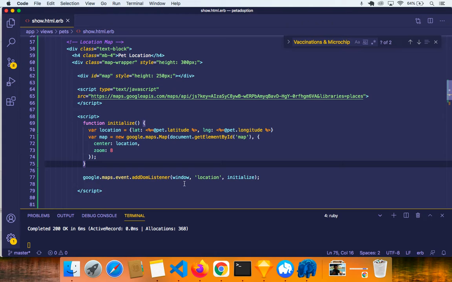We copy-pasted, so we don't have any typos. So I'm not sure why. Google Maps map document get element. So we're getting the element, we're centering the element, the location, and we have a zoom of 8. We have an initialize function,